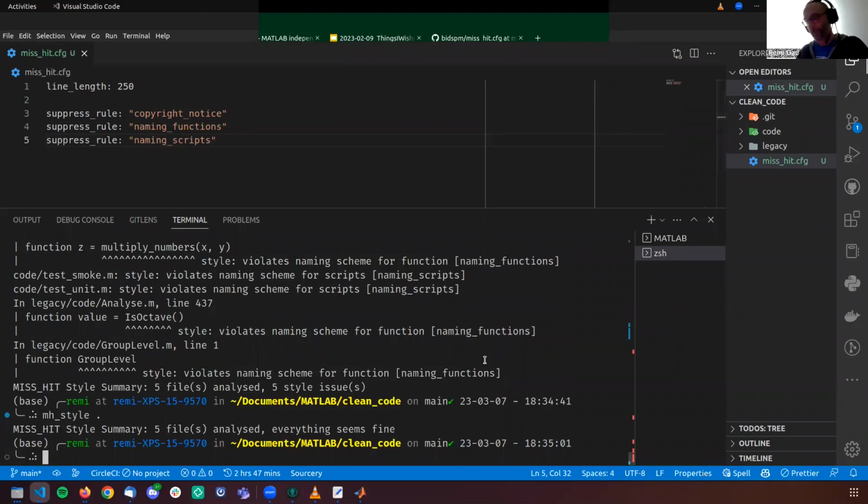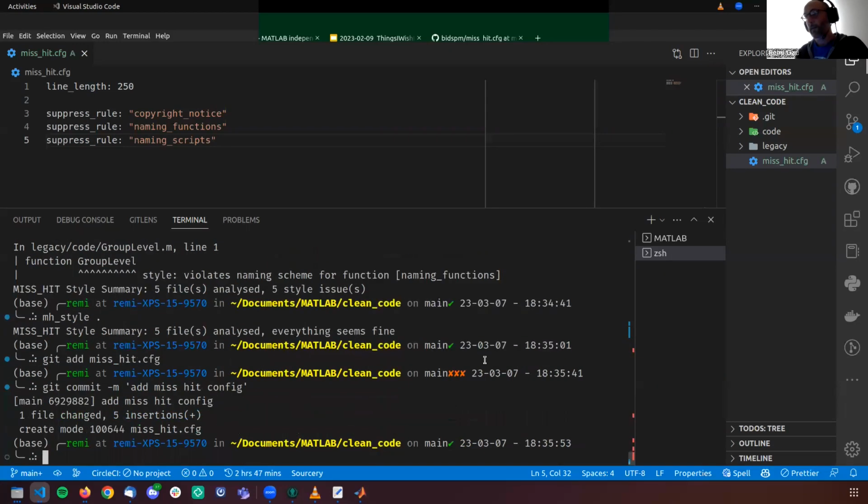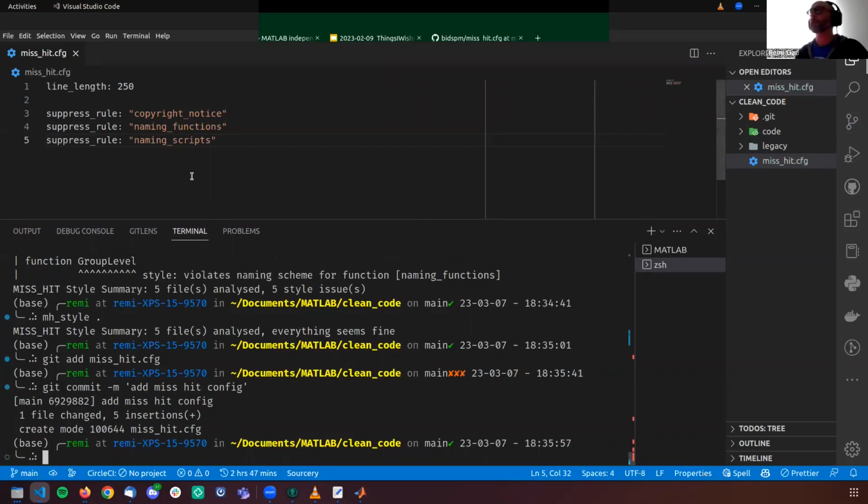So, for example, what I would do right now is add this configuration, then commit it. Yes, it's very big. Okay, so that would be the first thing I would do. Make sure that we start with a situation where you have a basic configuration that silences all the errors.